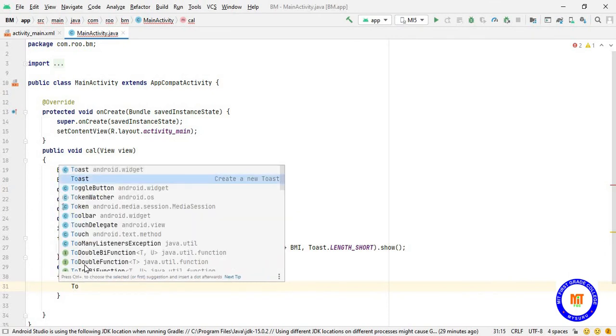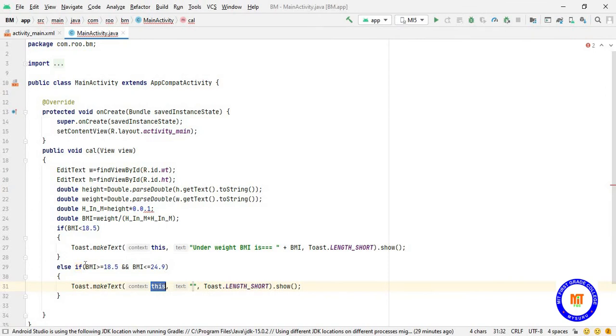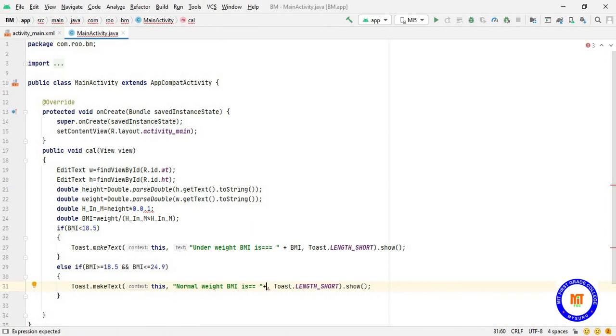I'll show that message. Normal weight, BMI is, put the BMI value, BMI.